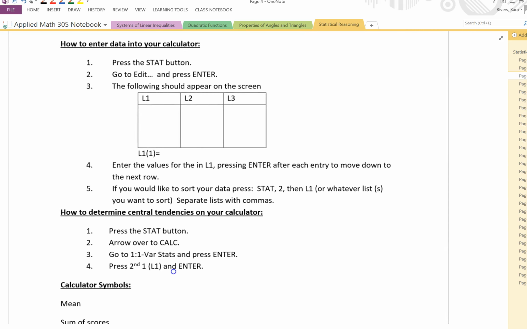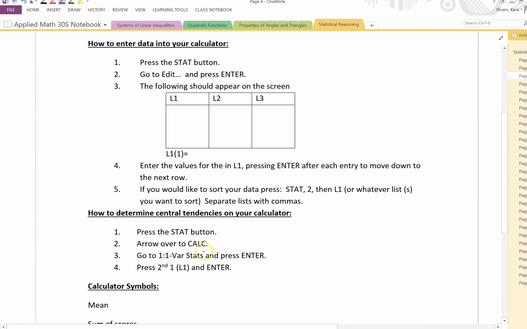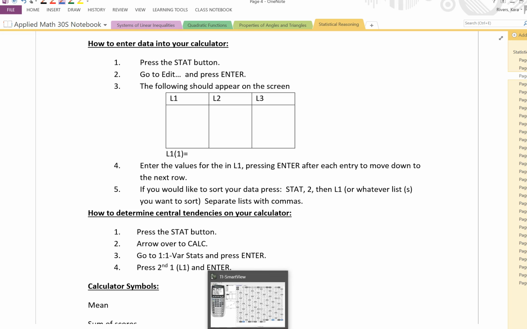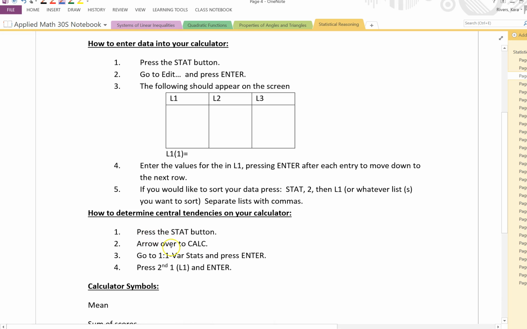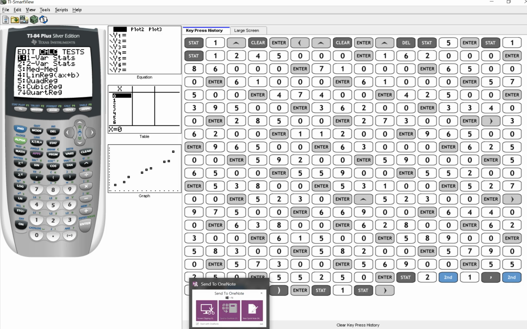So I'm reading through this menu. So it's important that you see that. So when you go back, you can watch the video again, or you can go back to this page here to see how to do that. So right here I'm at press stat, arrow over to calc. Now it says go to 1, 1-Var Stats. What does that mean? That's your single variable statistics. Okay, so if you press 1 and hit enter,